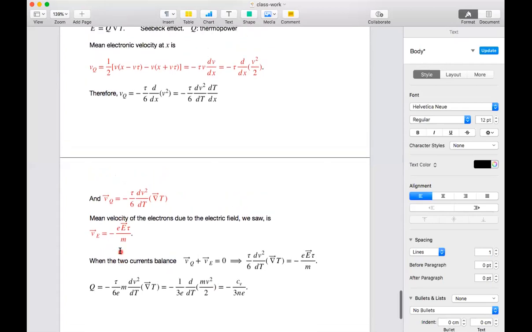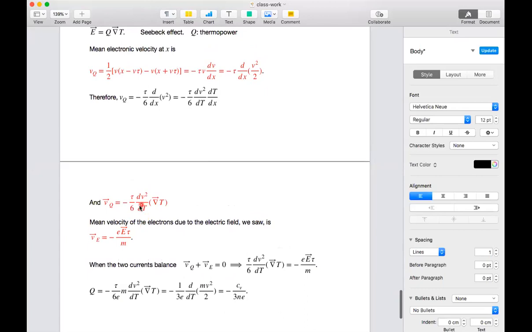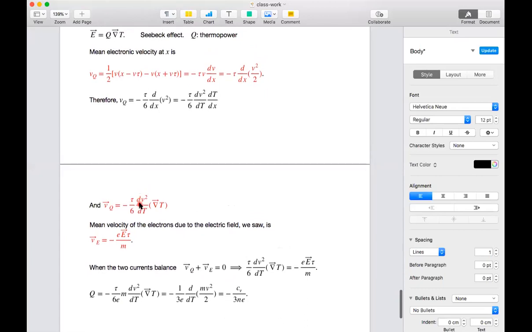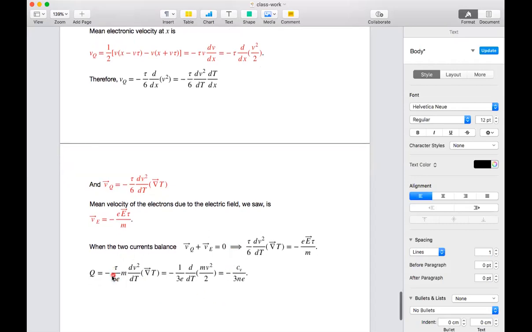But here what we are saying is that this rate of flow of number of electrons due to the temperature gradient and the electric field that has been set up cancel each other in the steady state. That's what I call the steady state. So this is my condition for steady state. And then you just say this plus this equal to 0, and that will give you an expression for Q. Because Q, remember, is the proportionality constant between the electric field and the gradient of T. So you will get Q as